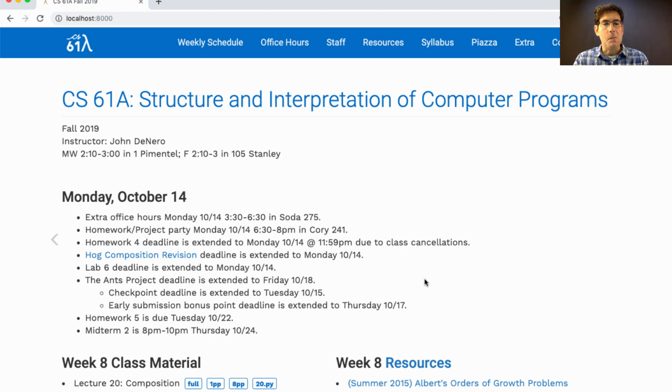We've also posted Homework 5, which is due next Tuesday, and it's there to help you prepare for Midterm 2, which is next Thursday. This 2-week period of the course is pretty busy, especially because of the extensions due to class cancellations last week. So please do your best to find time for 61A this week and next week. And hang in there. If you keep working on it a little bit every day, that's the best way to approach the course. And I'll say a little bit more about how to prepare for the upcoming midterm in next